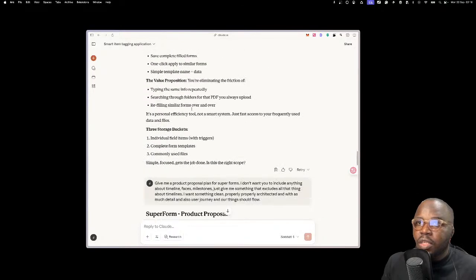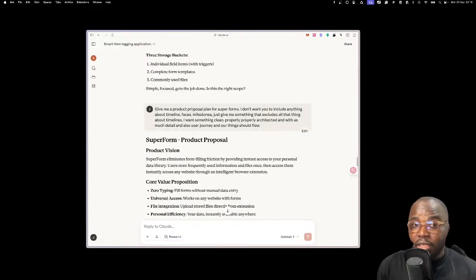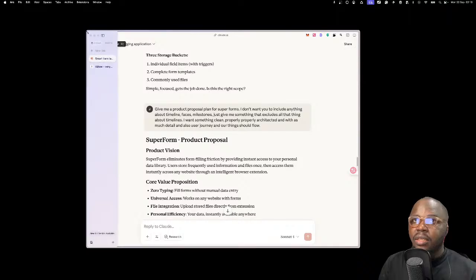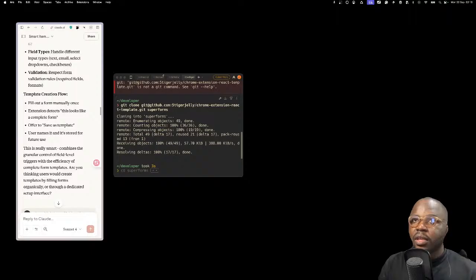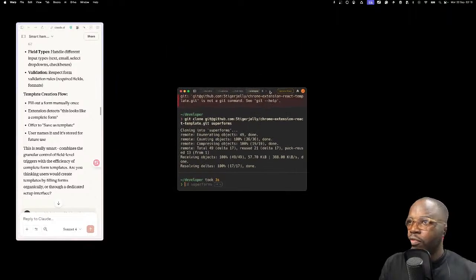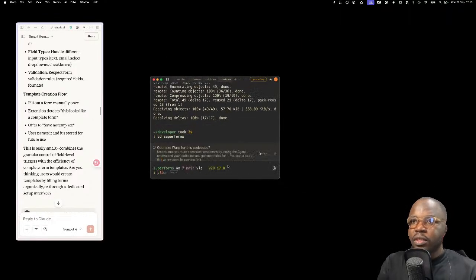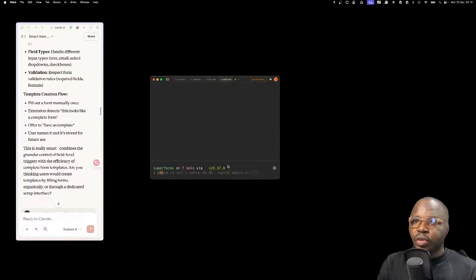I don't want to do too much because it's vibe coded. I can reiterate when I see the thing actually working. I can go over and over until it actually works and fix what I want. So what I do is copy that plan. And now we can minimize our stuff right here. Let's get into the real stuff. So I'm going to move back to here. I'm going to open Superforms. Then I'm also going to open it in Cursor.